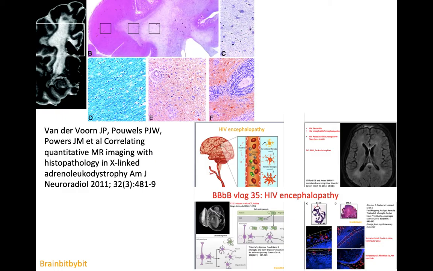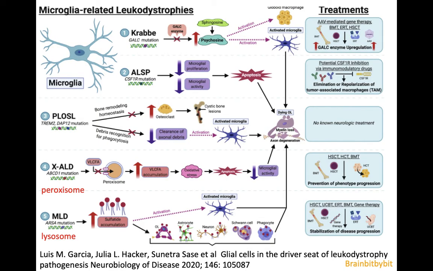And another interesting thing is that in the early stage of X-linked adrenoleukodystrophy, the U fibers are spared. And we've seen that also in HIV encephalopathy, which was a microglial problem. And the white matter cell that is involved early in X-linked adrenoleukodystrophy is the microglial cell. So it's the peroxisome in the microglial cell that is abnormal in X-linked adrenoleukodystrophy. In the next vlog, we're going to look at another microglial-related leukodystrophy with a problem in the lysosome, which is metachromatic leukodystrophy, and that also has